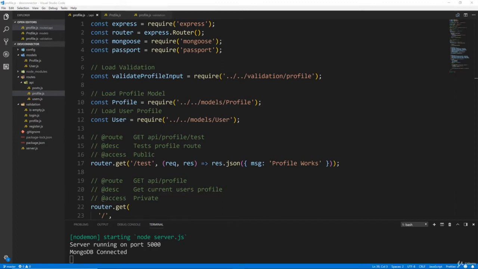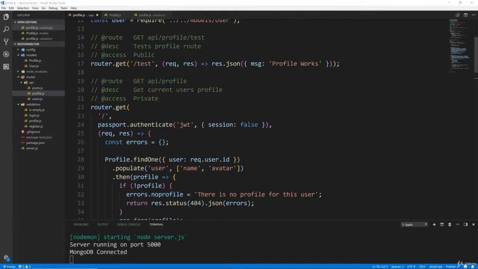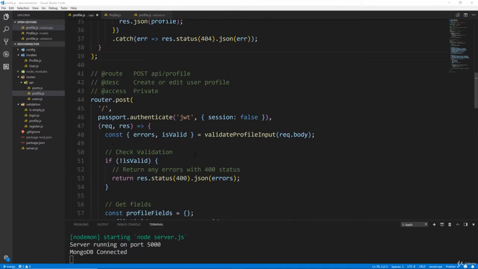In this video, we're going to create a couple more get routes for our profile. So right now we can get the current user's profile. We can also add or edit a user profile. Now I want to create a couple more routes, and one of those is going to be to get the profile by the handle. One is going to be to get by the ID. And I also want to create a route that's going to fetch all the profiles and serve them as a